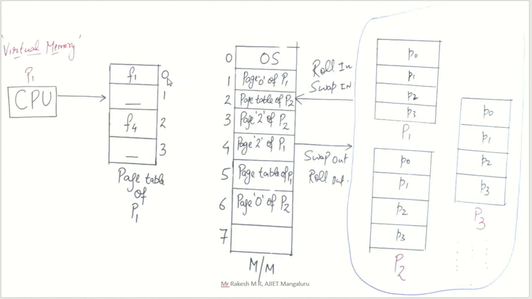Now before solving that problem we will go through the concept briefly. This same slide I explained in the previous video lecture. Here we have secondary memory. In secondary memory we have a lot of processes. Each process we are going to divide into small blocks, that are called pages. Like that all processes are divided into pages, depending on the size of the process.